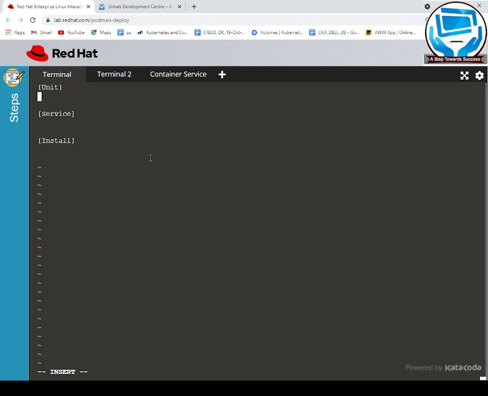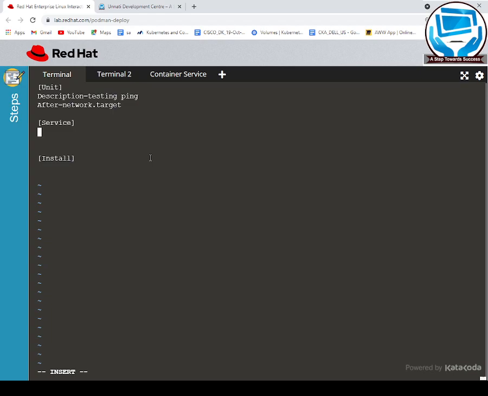Unit defines maybe a description, what sort of systemd service it is. So I'm saying, okay, testing ping, it could be any description. Then you can control the behavior, like after which service or before which service it should start. Network.target. I'm considering that my ping should obviously start after the network.target service, right?